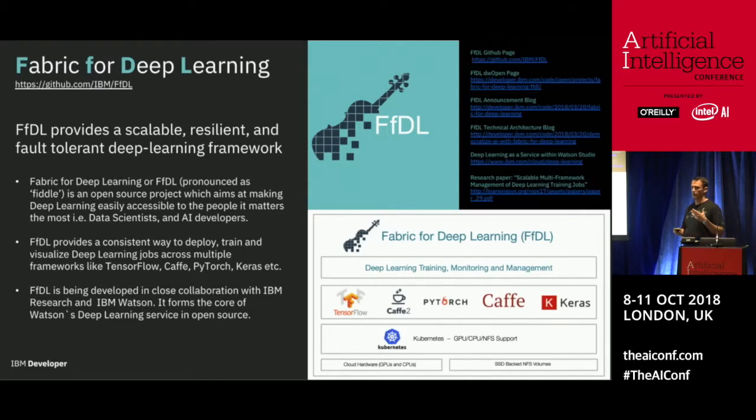So as a data scientist or machine learning engineer or practitioner training models, you don't have to worry about how do I set up and deal with clusters of different kinds of deep learning frameworks. How do I make sure that my GPU configuration and access is correct? How do I manage scalability across nodes? That's all taken care of by Fiddle. And for managers of clusters and the DevOps teams and the ML ops teams, this makes it easy for them to use an existing Kubernetes cluster, deploy with a set of scripts, and ensure that they can run all these deep learning frameworks and support all of them with full hardware support, GPU, file systems, object storage.